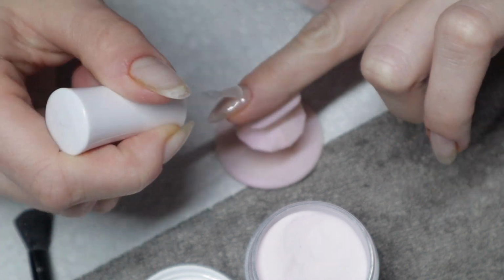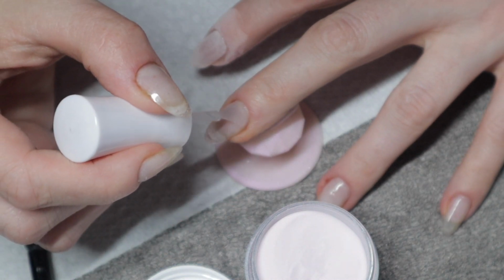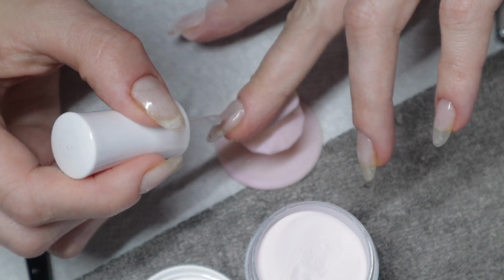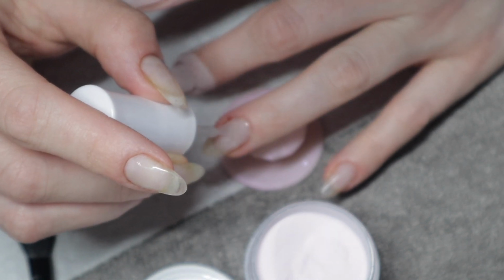I'm actually going to dip all of my nails in Erica from the get-go. I want the coverage pink. That's part of my image here, I want the Erica as the base. It's very important to me. So what I'm going to do is Erica on all my nails, and then I'm going to go in